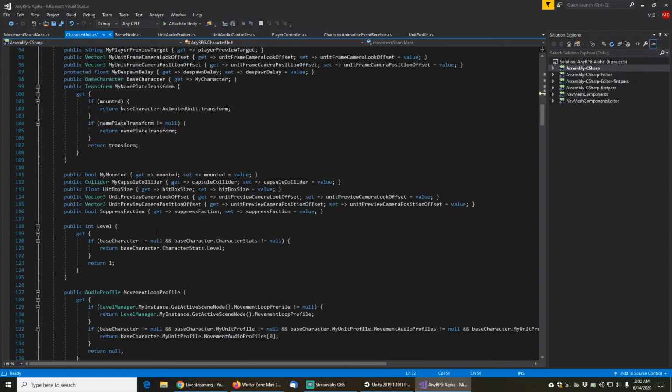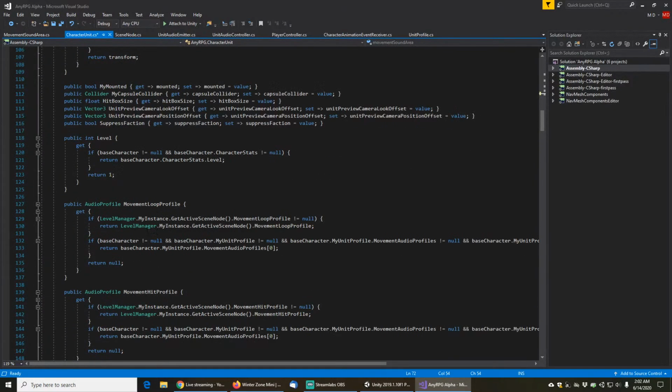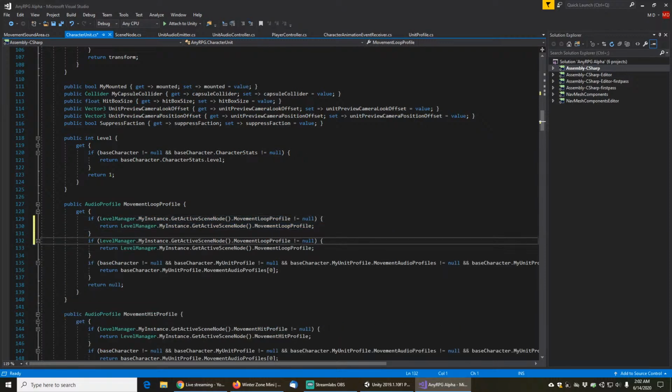And then what we'll want to do is, before we check the scene node, we'll check the more specific thing. So basically the order of movement sound overrides is current movement sound override area, active scene node, and then character default. So if our